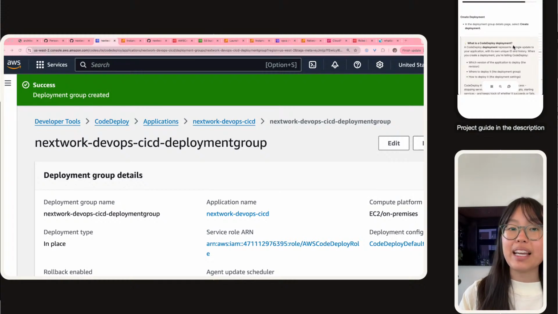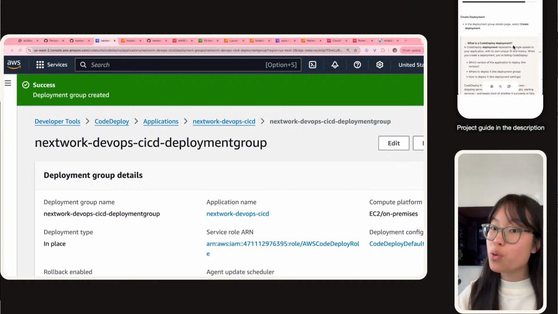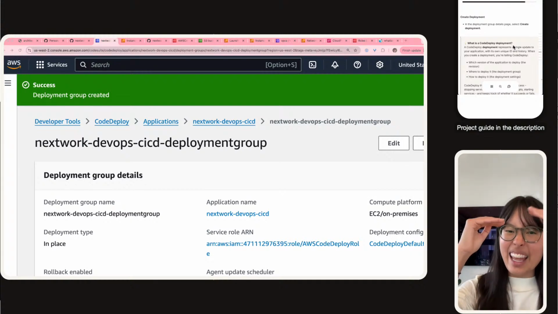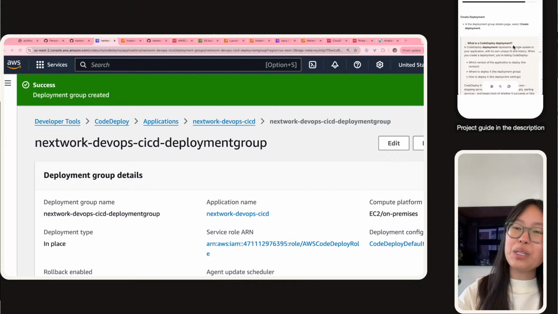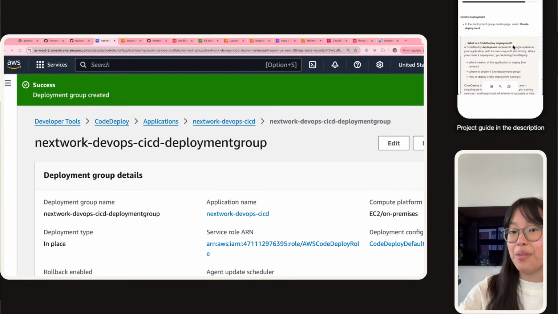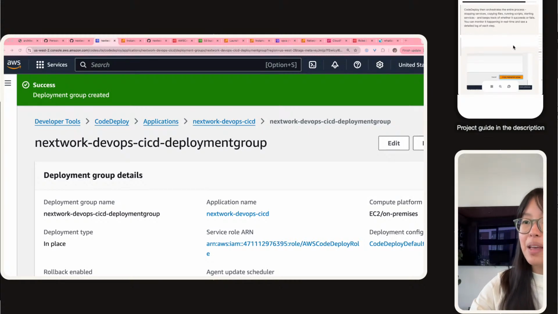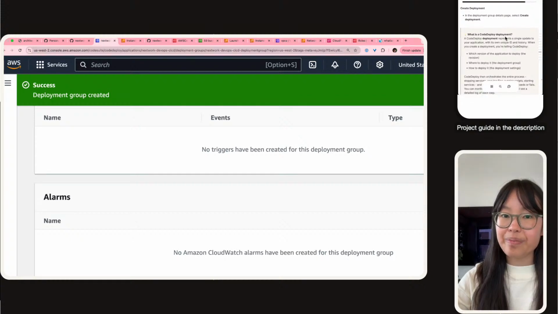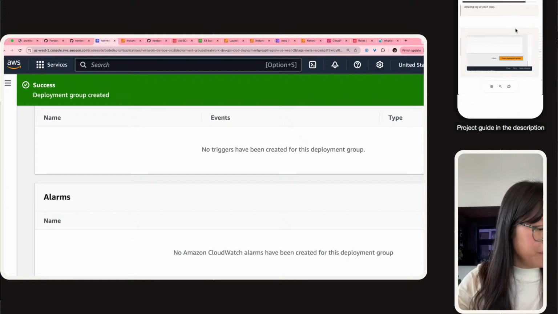So a deployment group is like a settings file. A deployment is like actually running something using that settings file. So that's the reason why there's layers to these things in CodeDeploy. Applications, deployment group, and then the actual deployment itself. So what we're doing in this step is we actually need to create a deployment now. So to create a deployment,